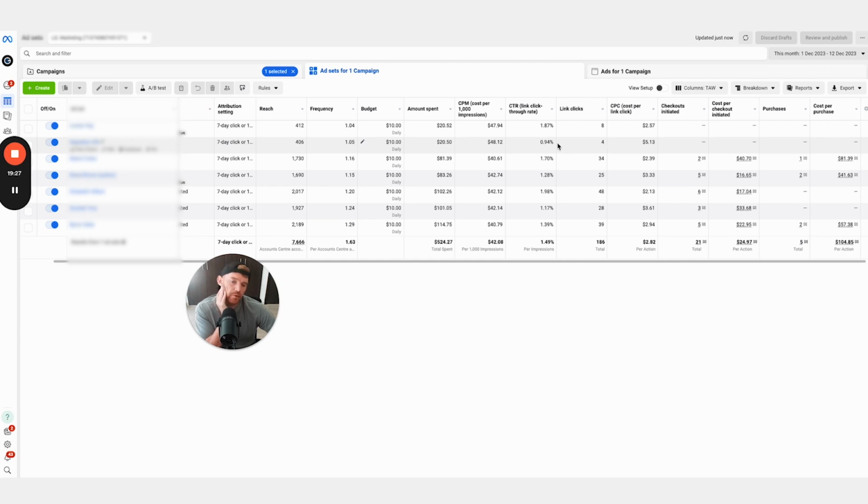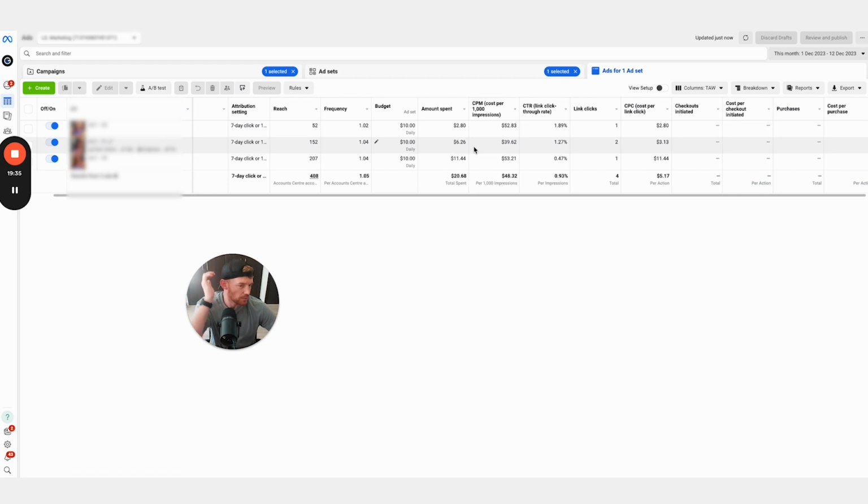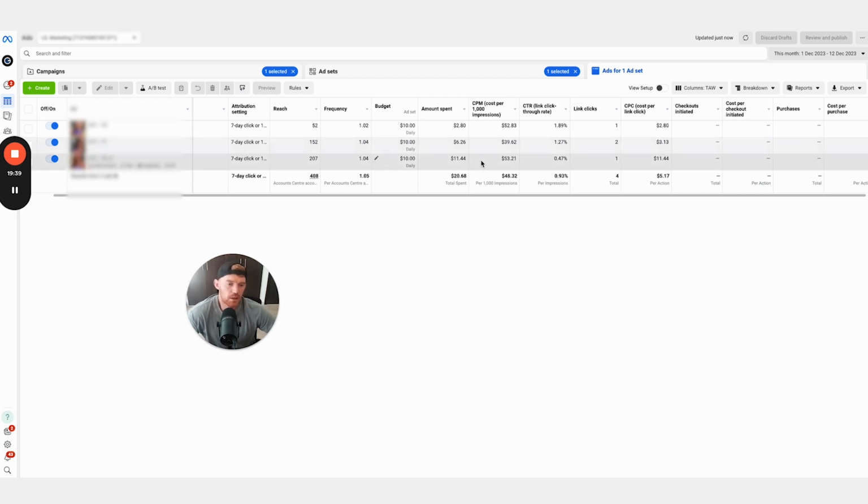I'll leave it for another day, and then basically what I'll do is go into this one now. If I have an ad that's spent too little, I can't really judge, but this one, for example, I'm going to leave it for another day. I could very easily come in and turn this off. It's only spent $10, which is why I'm going to leave it on, but as you can see, click-through rate is super low,